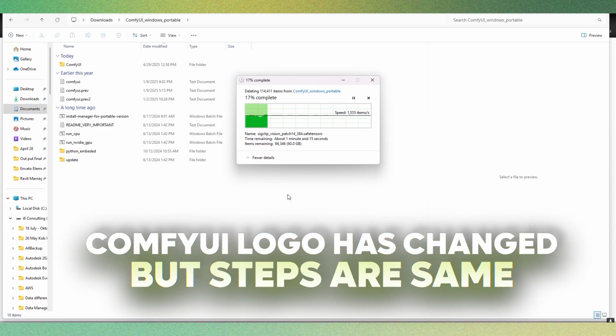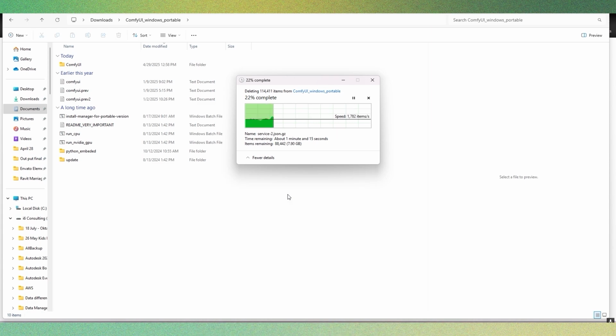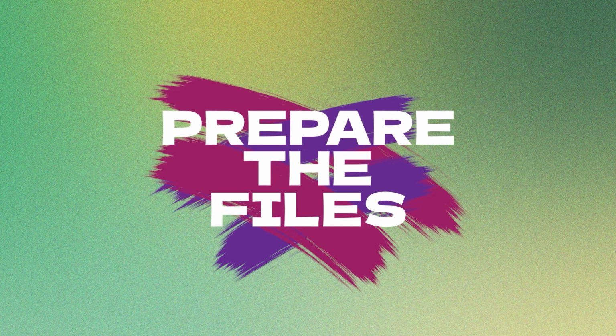We are going to install ComfyUI with the latest method, because there might be some changes in the steps. For that reason, we are uninstalling and deleting all the files of ComfyUI and reinstalling everything from scratch so that you don't get confused, because as the technology shifts, we also have to update ourselves. So first, let's understand how to install ComfyUI in a perfect manner.